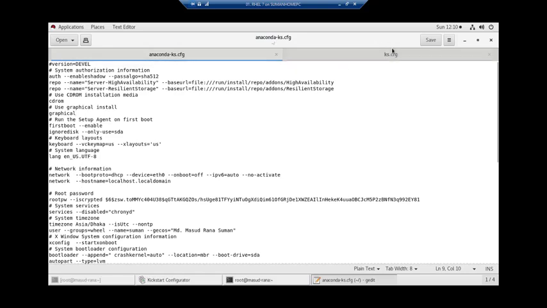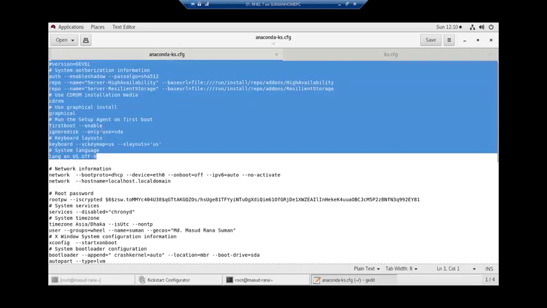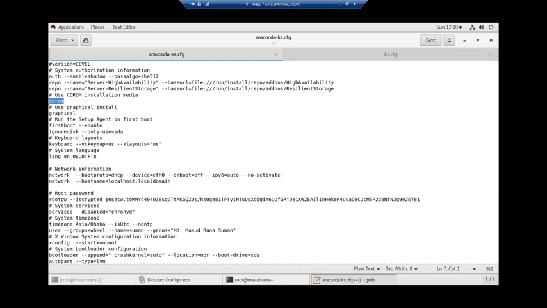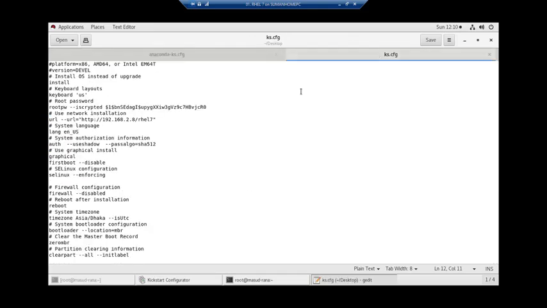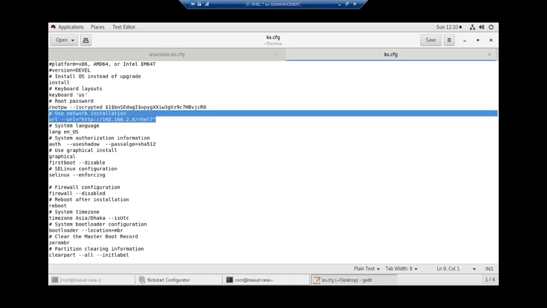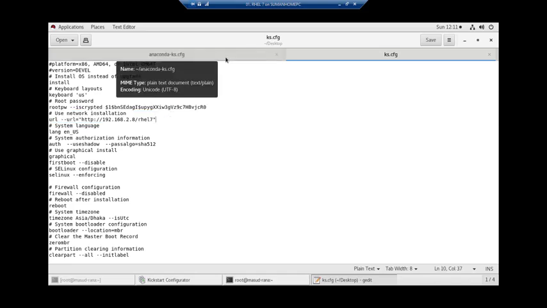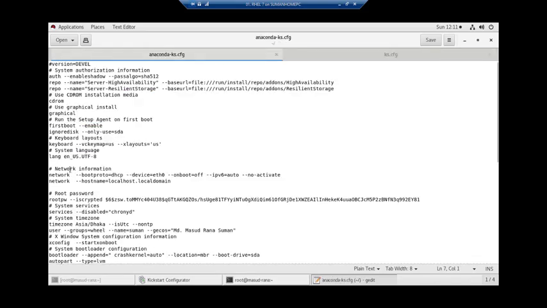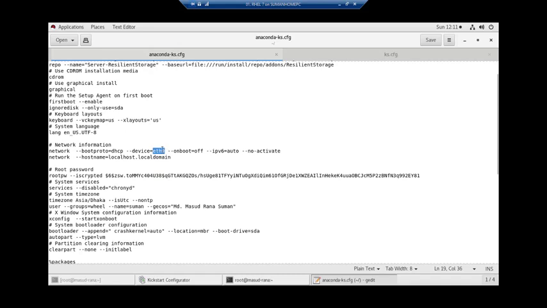Okay, so let me come here, and I can see keyboard, fastboot, ignore disk, it's graphical. I don't need this thing. This system has been installed from CD-ROM, and I want to install this from network installation. Only this thing is fixed for network installation or our Kickstart configuration. The next followed everything, that means network information. My network will be automatic DHCP. The device name will be Ethernet 0, eth0.